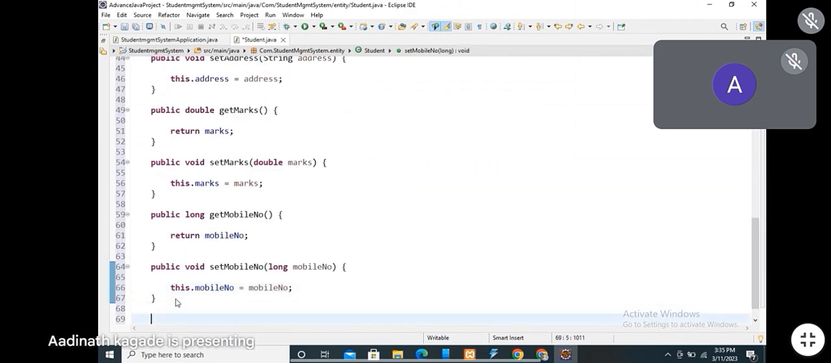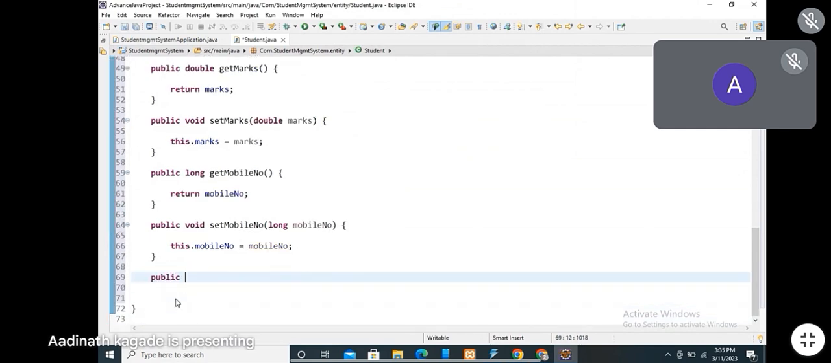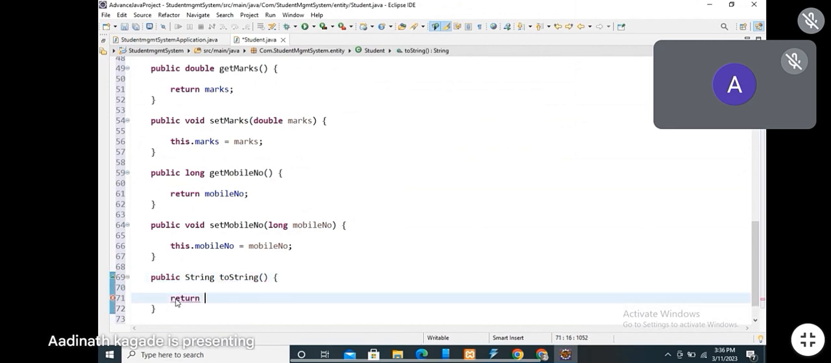One more thing we require, that is the toString method. So the toString method is also available by default in Eclipse. We just need to click on source, and then all things are inbuilt in Eclipse. You can say Eclipse provided, but it's good to write manually. Okay, so public String, it should return a String. That's why its data type is String. Name of method is toString. Then return ID, concat all variables like name, then address, then marks,